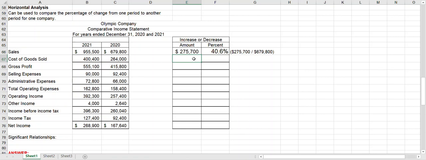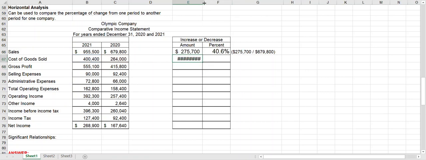Now let's do the same thing for cost of goods sold. I will take 440,400 minus 264. That gives me a difference of